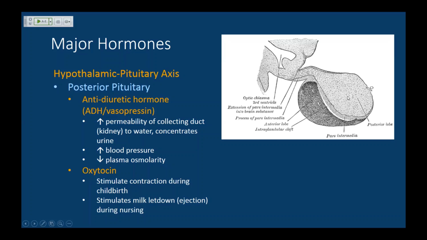Okay, an extension of neural tissue, whereas the anterior pituitary is a separate entity and it's a true gland, it's glandular tissue. Okay, so sticking with the posterior pituitary for now. We just said that it produces antidiuretic hormone, which can be called ADH or vasopressin, and oxytocin. These are both peptide hormones, and let's talk about their function.